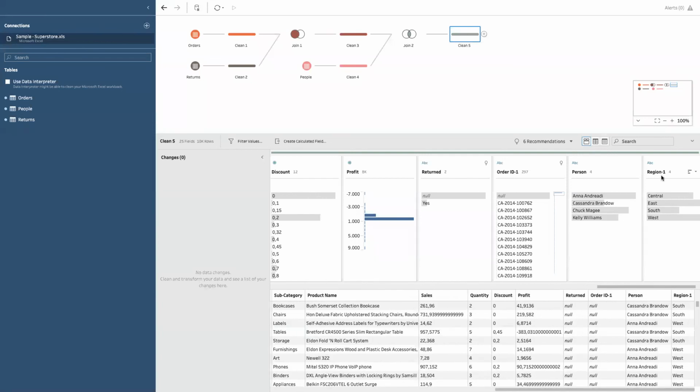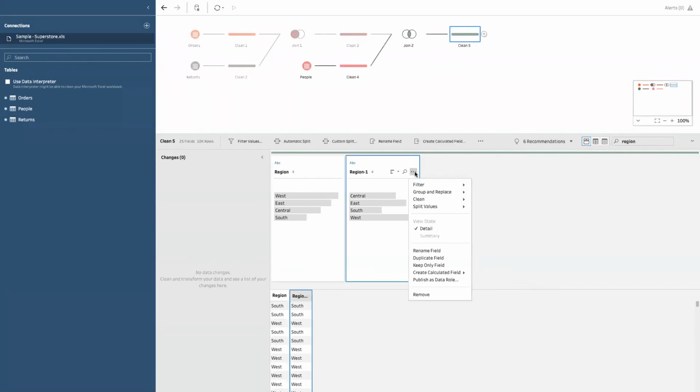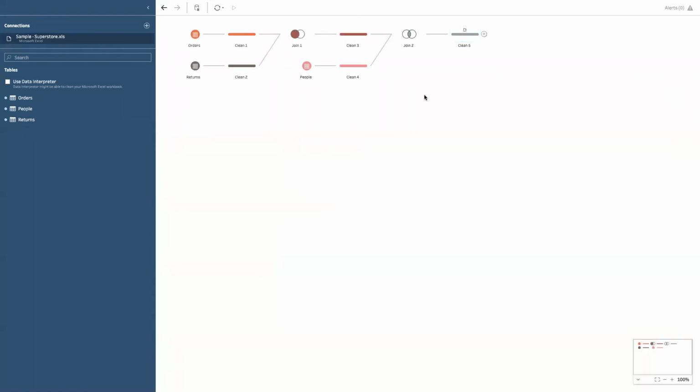One thing I didn't inform you about is when you join in information from another source, the common fields get joined in as well. So let me show you. If I look for region, I now have two columns called region. This is logical because in the people tab, we had a column called region, and the same thing for my other input file, or tab better. So I can safely remove this, and that's